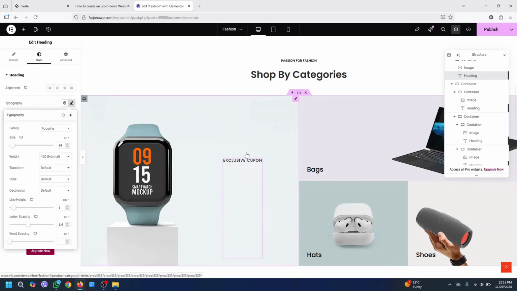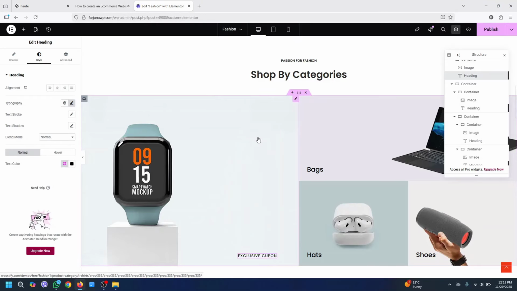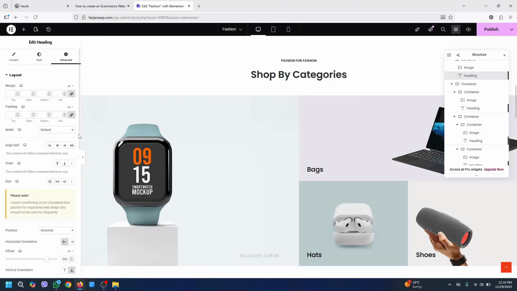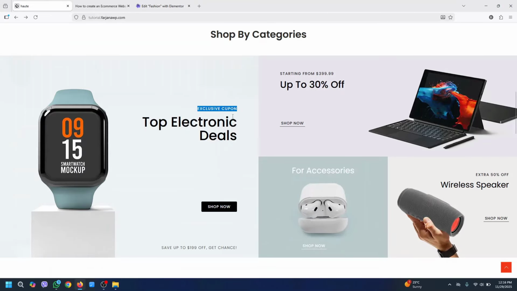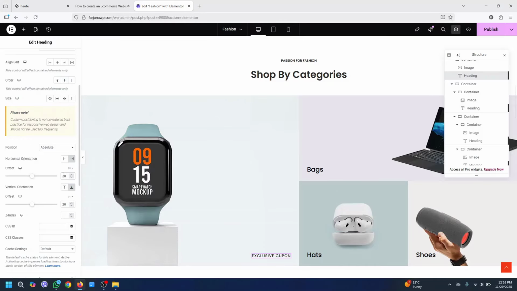Right, so can try to move it like this. From advanced, here is the position, so click on right, and from right we can add 30 pixel, or here is, can move it more, 80, and from top